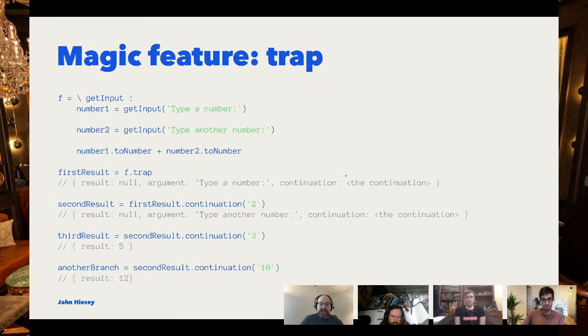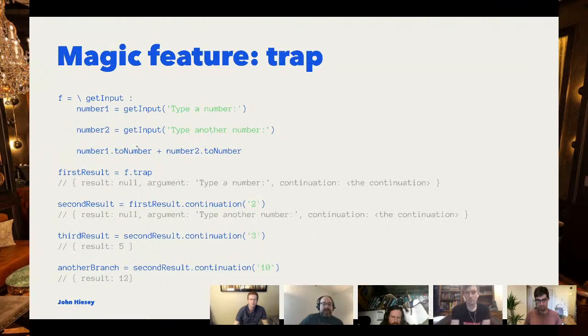So how do I do that? I have this special feature called trap. What this actually does is call f, where f is this function here, with a special argument.